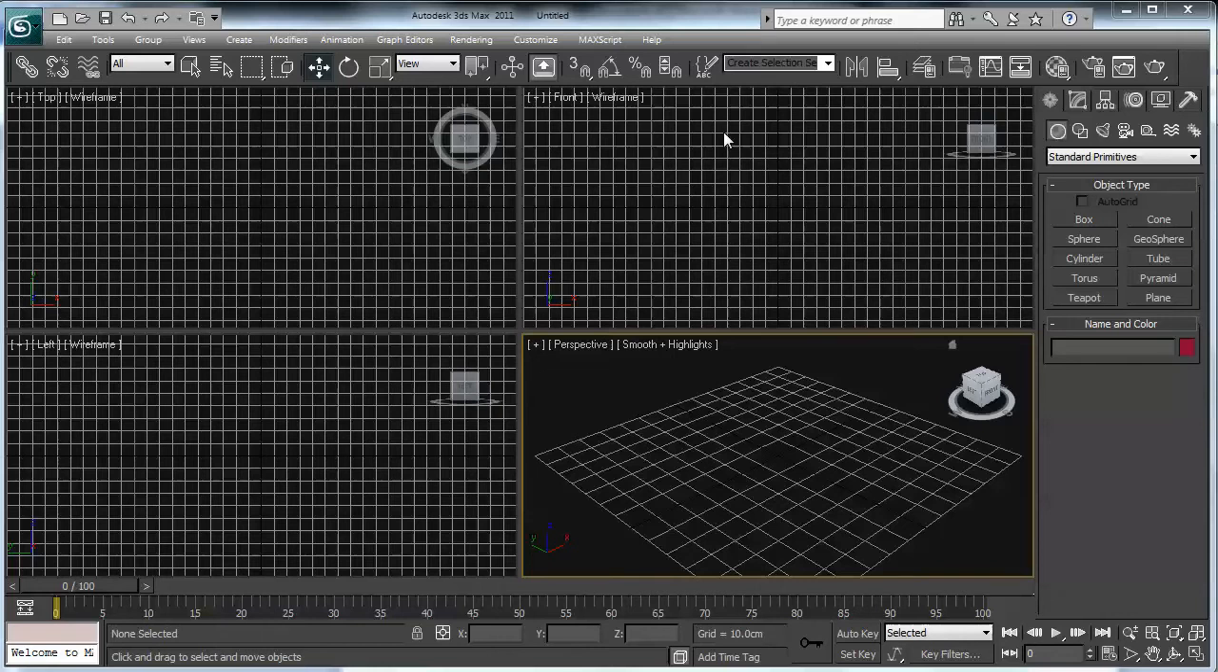Then we get to the guts of 3ds Max, the viewports. We have 1, 2, 3, 4 viewports. And this is where you will be creating your models. These are your scenes. So we will get back to this, but for now, let's begin at the top in